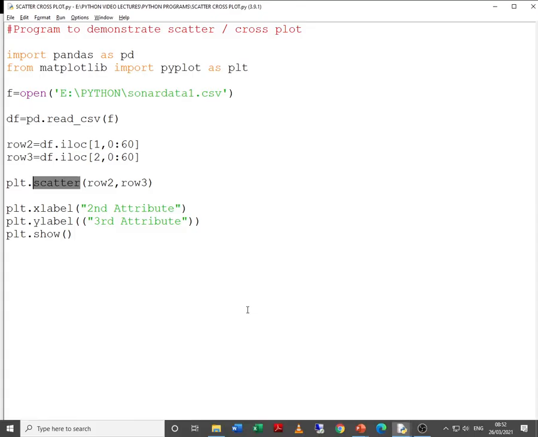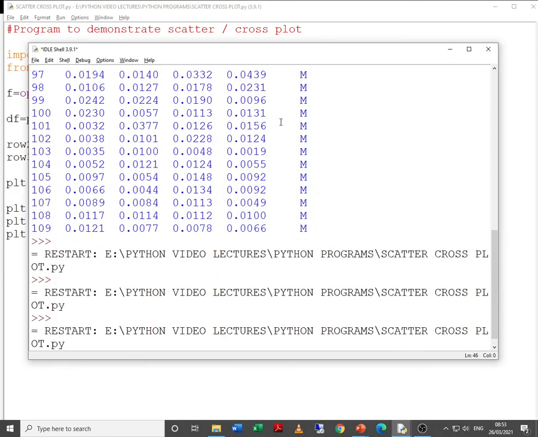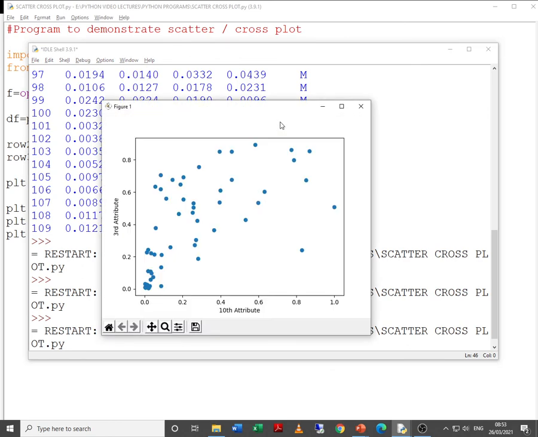Now let us try to change the attribute number over here. Say, for example, I am taking the 10th attribute. 10th means I need to take 11, and here I need to put 10. Now let us check how the correlation is between the 10th and third attributes.